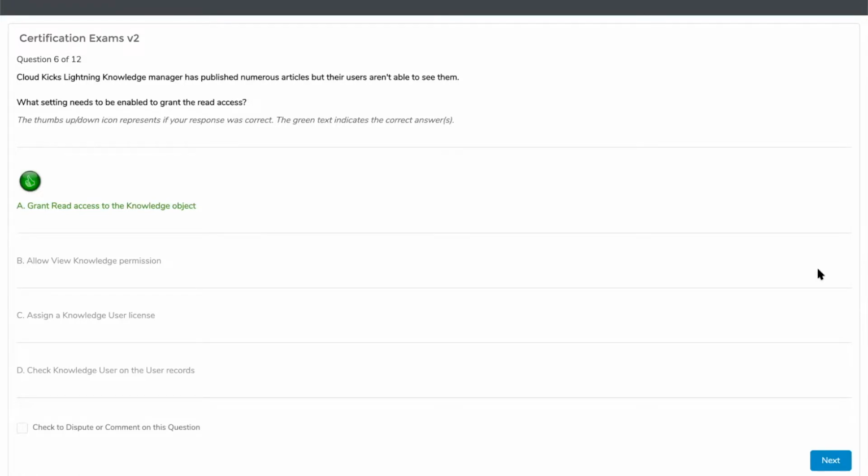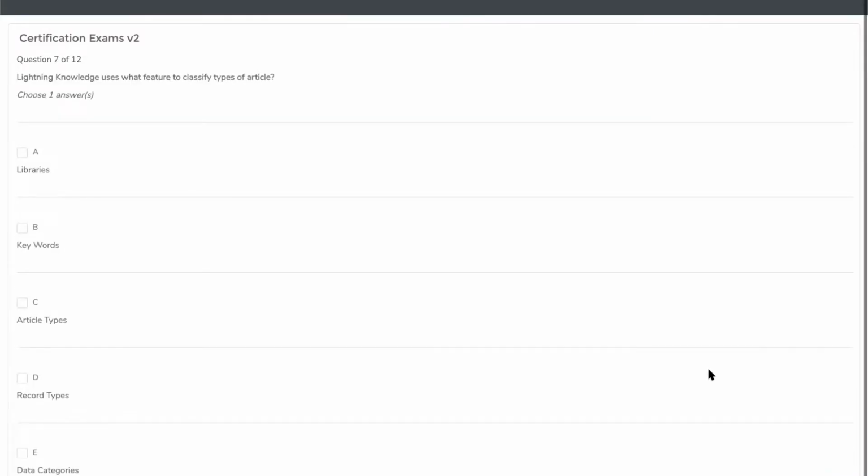All right, let's do Matt. I'll let you take this next one and we'll have this be our last one for today. Lightning Knowledge, another one on knowledge, uses what feature to classify types of articles? I'll say A, libraries.